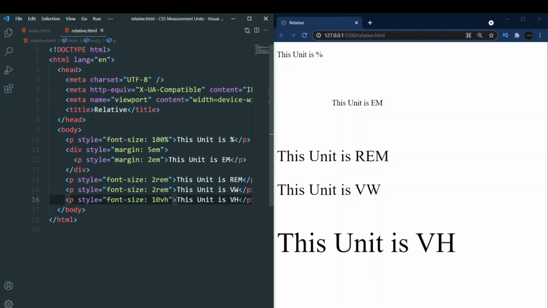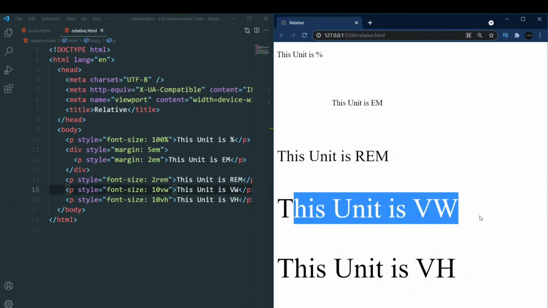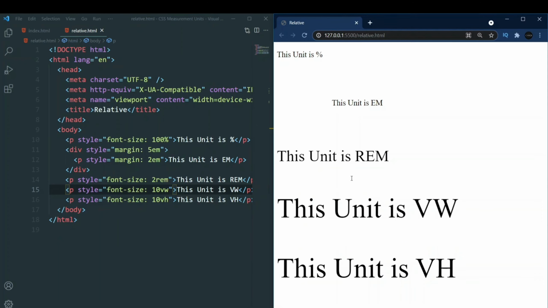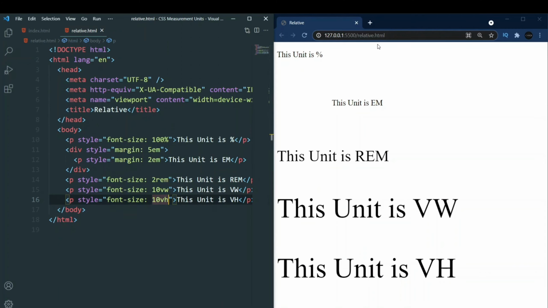And then VW, that is viewport width. Let's change it to 10 VW, and you can see that now it is bigger in width. So height is this way, and width is covered like this. Generally you use this with images and blocks when you want to cover the entire screen.